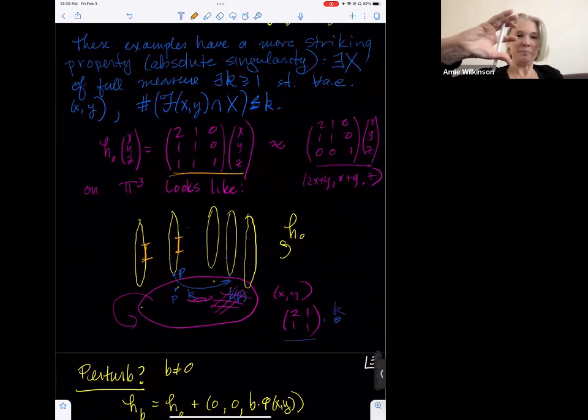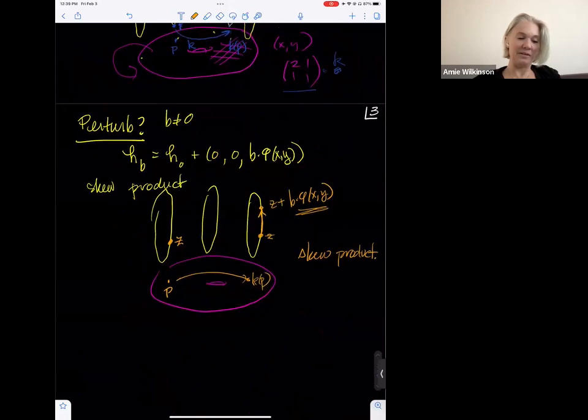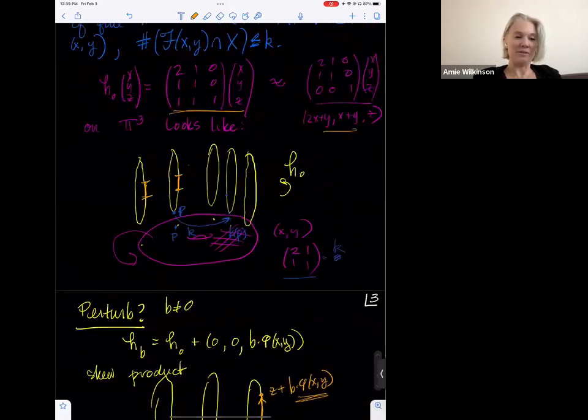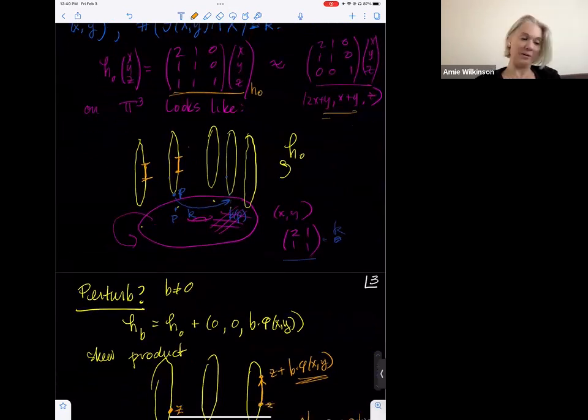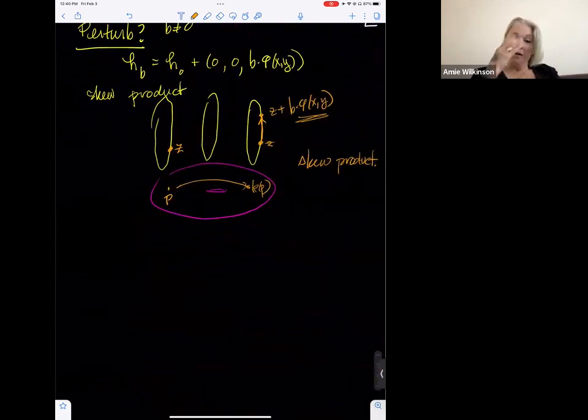It isn't the identity, but it twists, in a way that doesn't really affect the dynamics in the fiber. So yes, H0 is not this over here. I'm sorry. So this, I'm going to call this H0, and this is conjugate to H0. Okay. But anyway, so now this twists, and now